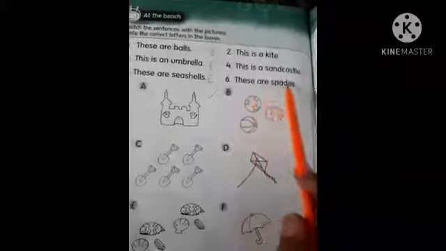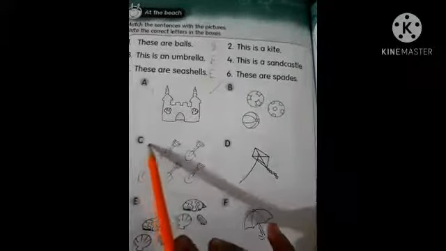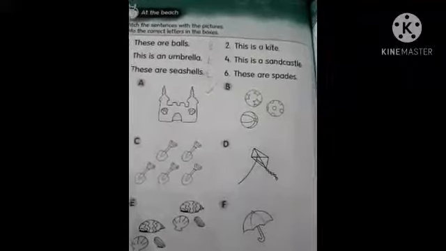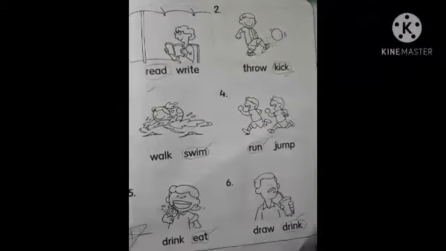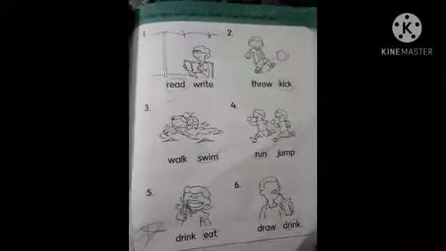These are spades. Where can you see the spades? Yes, in letter C box. So we should write this letter from here to here in the box. Now come to the next page, page number 59. On this page, here we have HW. So mention the HW on the top of the page. Mention the date on the left corner.